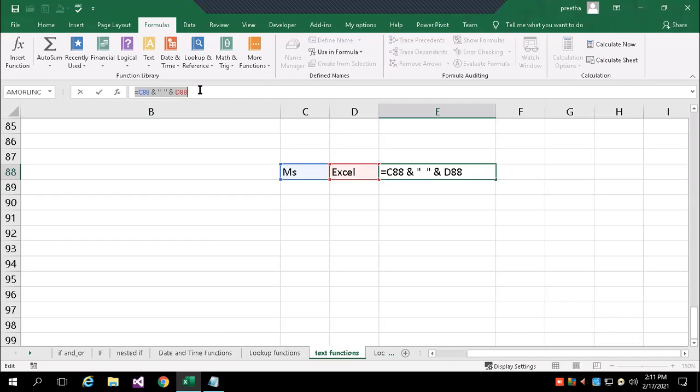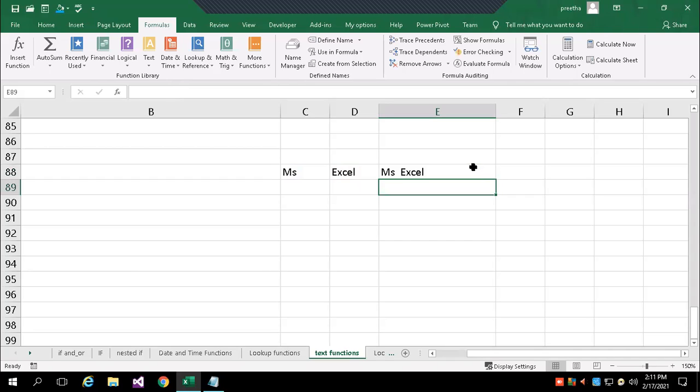I'm just showing how to combine text from two cells into one cell. So I referred equals C88 ampersand, then in double quotes a space, again ampersand, then D88. Now your data is combined and gives a single text, MS Excel.